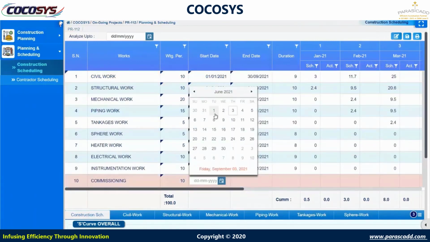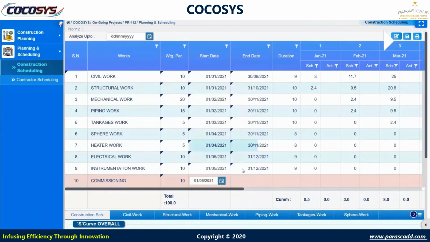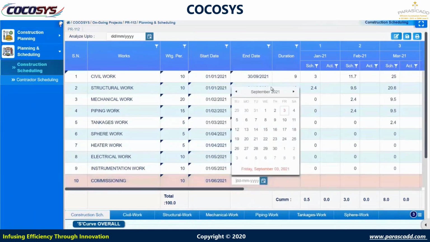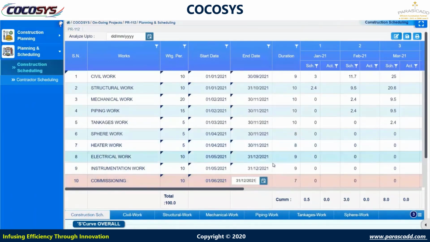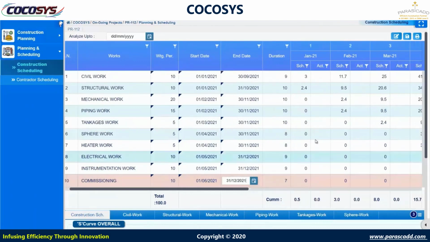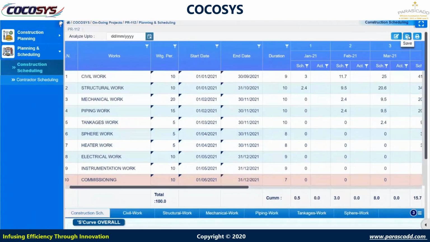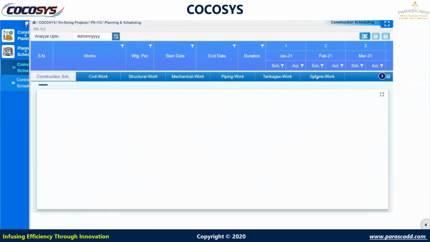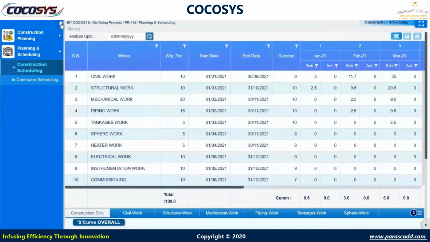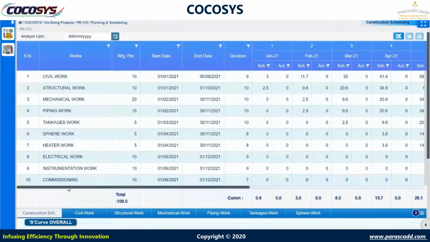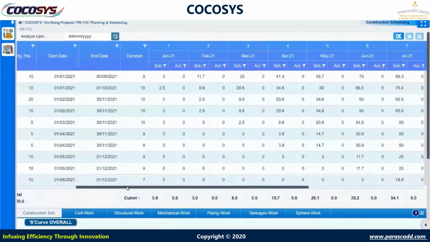Once we enter the start date and end date, the system will automatically generate the duration and all the date-wise scheduling. So you can see the schedule will automatically come here against each discipline. For civil work, my duration is 9 months, and for Jan we have